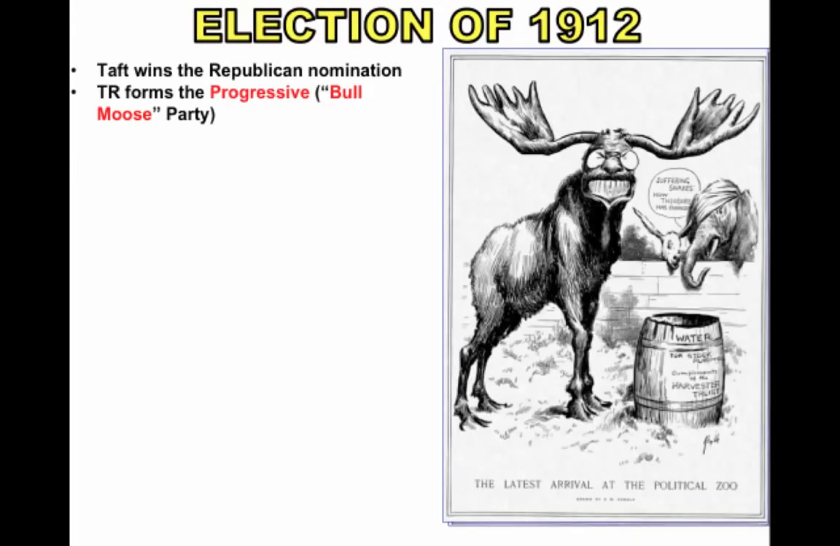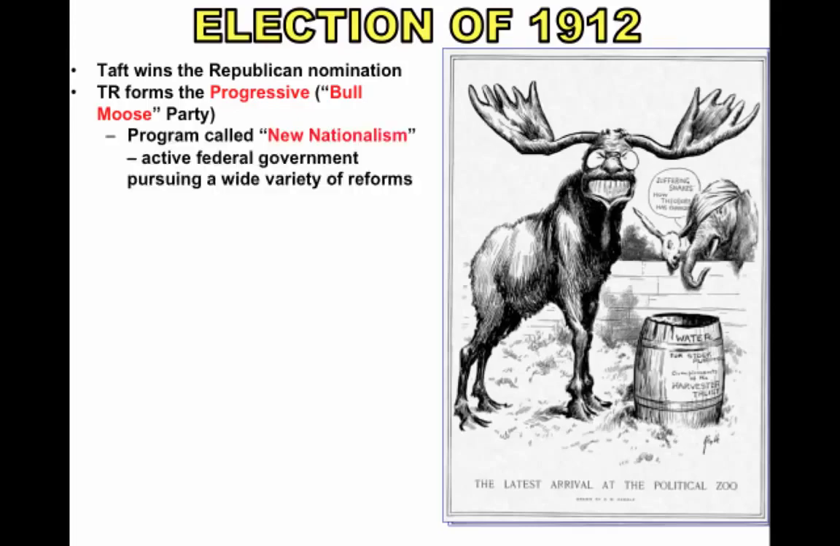He forms his own political party known as the Progressive Party, or more commonly referred to by its nickname, the Bull Moose Party. And really, he runs on a program called New Nationalism, in which he wants an active federal